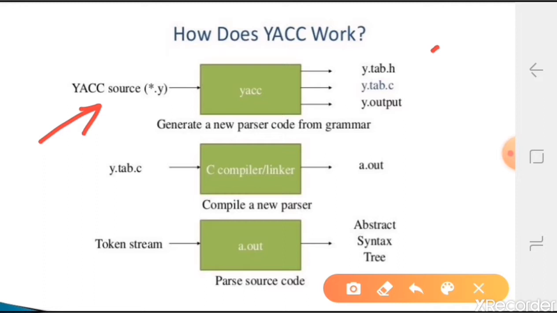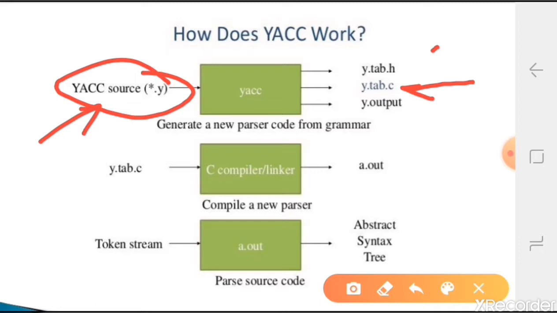Here y.tab.h always contains the external variables, that is, declarations of variables. It's just a header file which will contain the tokens we are writing, converted into C code and kept just as declarations. Okay, and whatever grammar section was in the YAC file we wrote will be converted into C code and kept inside the file called y.tab.c. Inside that, there will always be a parse function. Okay, in that function the entire grammar rule will be kept.